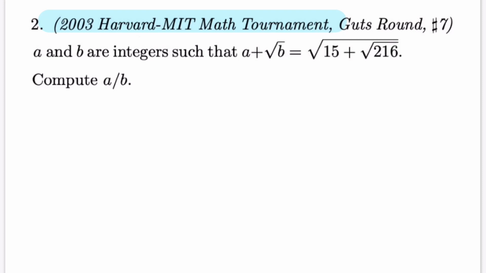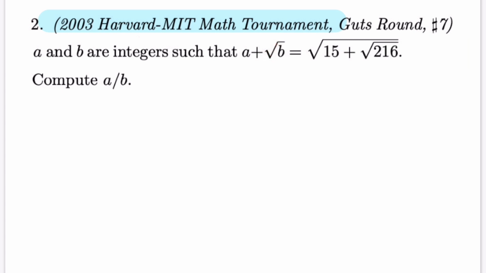2003 Harvard MIT Math Tournament Round 7. a and b are two integers such that a plus square root of b is equal to square root of 15 plus square root of 216. Compute a over b. The very first thing that I observe is that even though both sides have square root